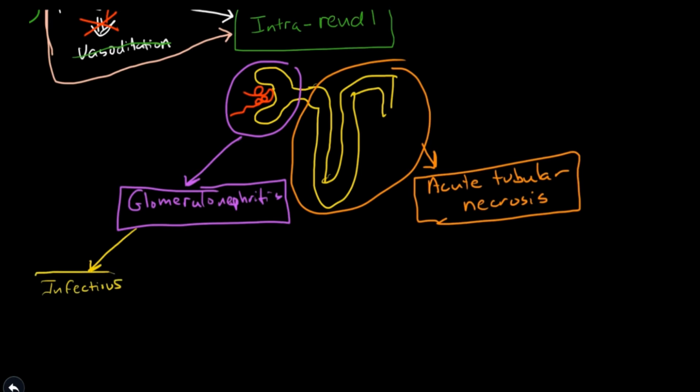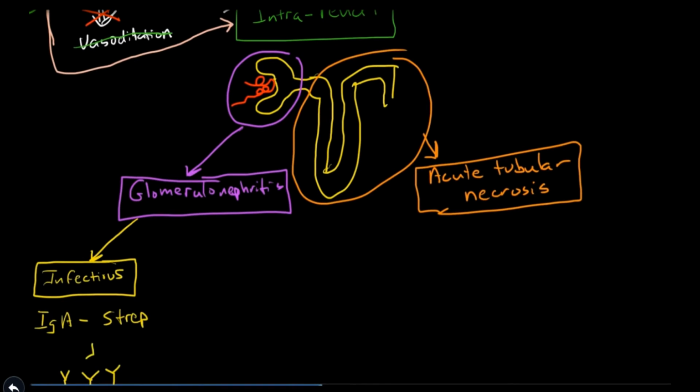What happens when you have an infection is that you have bacteria, most commonly strep, that is bound to immunoglobulin A. What happens is you end up with little parts of bacteria, the protein and such, that bind to the immunoglobulin A, and then you end up with these big conglomerates of the immunoglobulin with the proteins. And